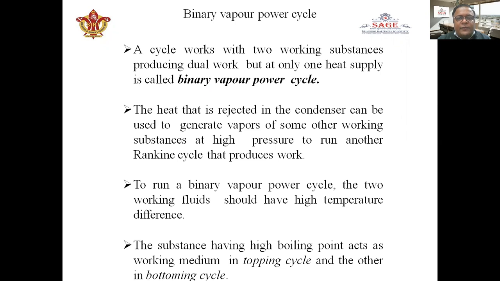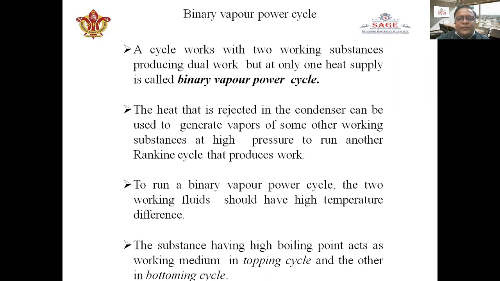Before starting the binary vapor cycle: why is there a requirement for it? Because the thermal efficiency of a power plant is very low. To improve the efficiency of the power plant, two types of fluid can be used, which increases the efficiency of the thermal power plant, with a working temperature higher than simple vapor. Mercury vapor can be used in the power plant, which improves the efficiency. A cycle working with two working substances producing dual work, but with only one heat supply,